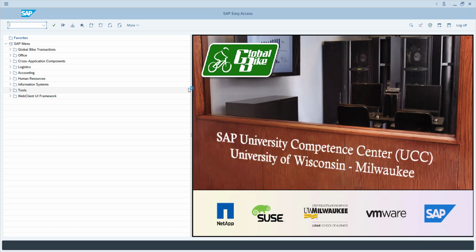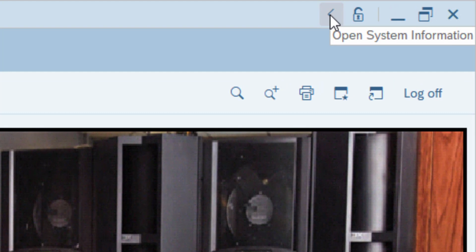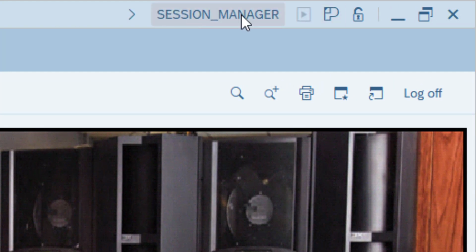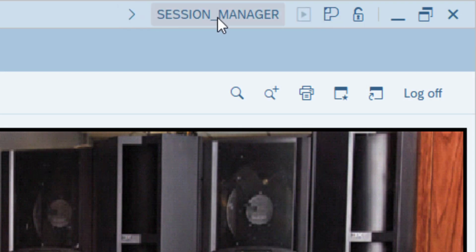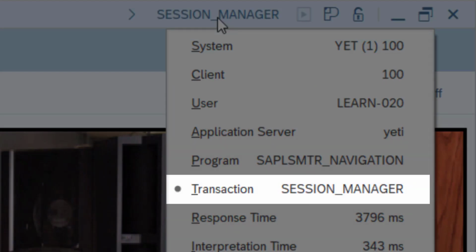I'm going to suggest that you change a couple things in the interface to make your use of the client a little bit easier through the semester. First thing I'm going to do is in the upper right-hand corner, I'm going to click on the little caret to expand the system information. And then I'm going to suggest that you change this choice to transaction if it's not already displayed. What this does is it will display whatever transaction you're currently manipulating inside the system, just in case you've lost